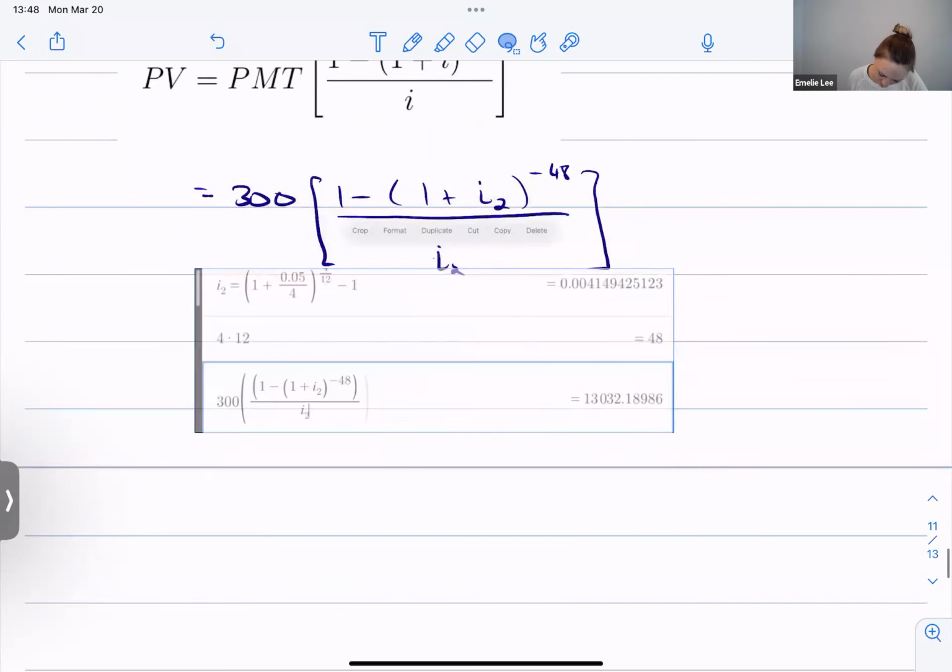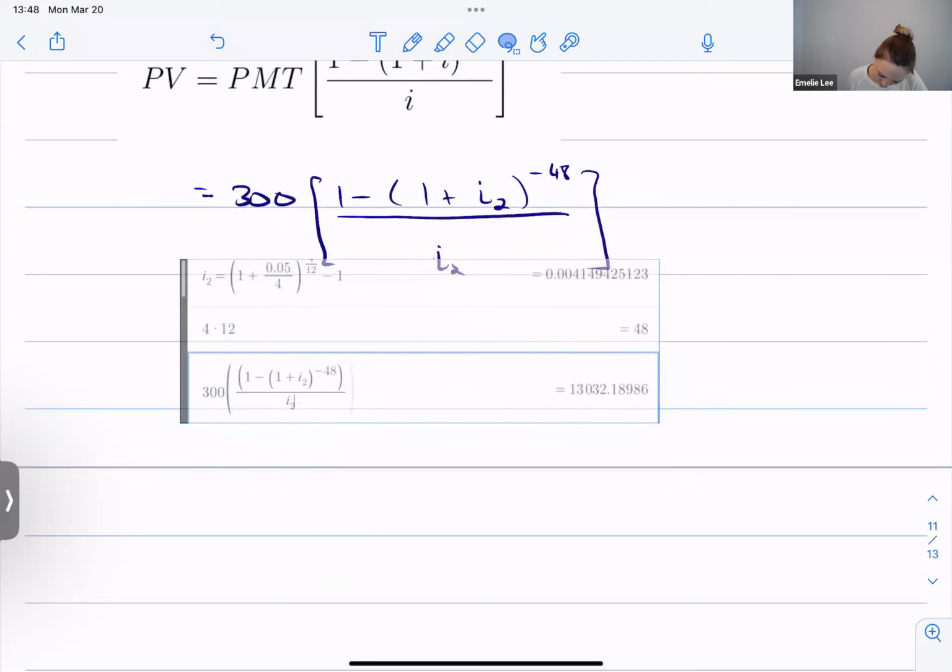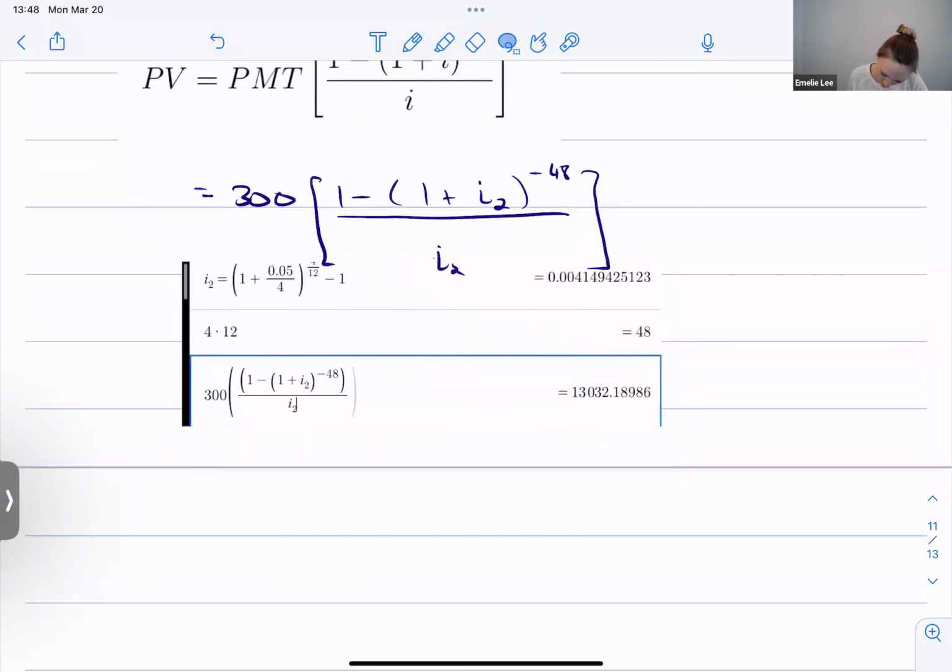Okay, so here, they're paying off 13,032 and 19 pennies, right? So that's how much the car cost. There, we did it. So next day, I want to show you how to use your calculator functions, because then